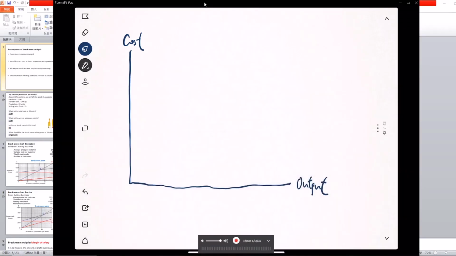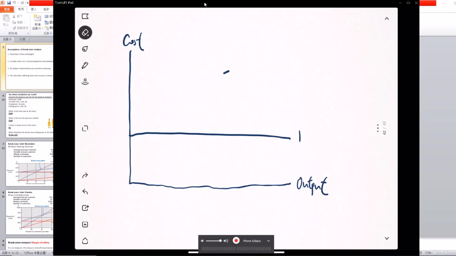So when we were talking about the definition, the fixed cost should be like this, a horizontal line. It makes sense. It doesn't matter how much output we have, we pay the same cost, just like the rental cost. It doesn't really matter how much output we produce, we just have to pay the same amount of rent. But now when we do our break-even analysis, we assume that fixed costs remain unchanged, because in reality, you will see sometimes